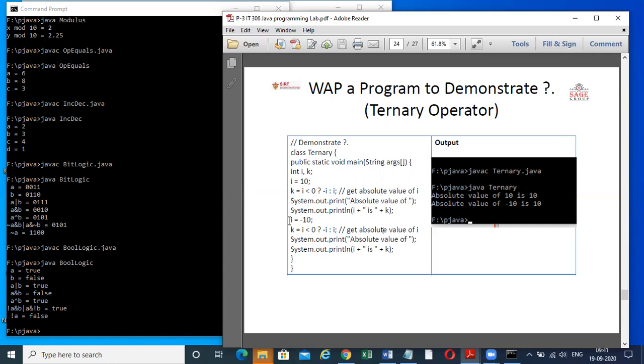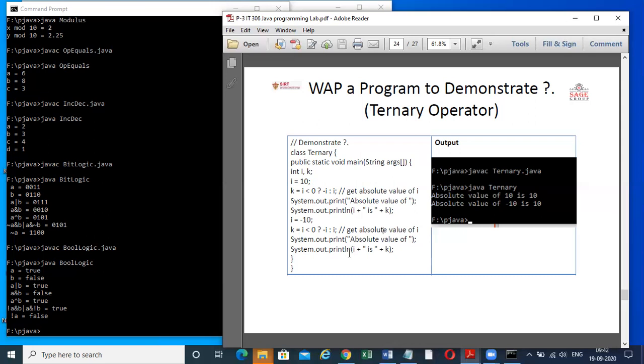Now I again change the scenario. I is equal to minus 10. I assign the value minus 10 to i. So here I take i less than 0, then minus i. Then minus 10 is less than 0, the condition is true, so the second statement will be executed. Inside the second statement, what is here? Minus i. I assign the value minus 10 in i, so here I will print minus i. Minus of minus 10 will give the result plus 10.